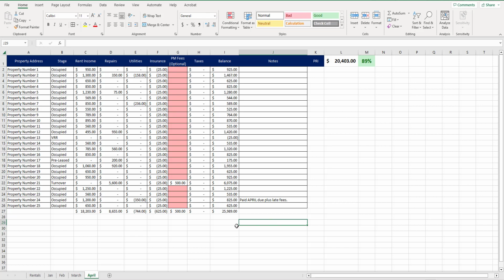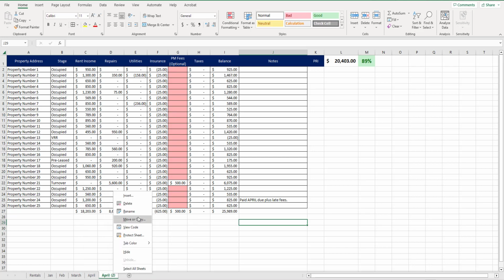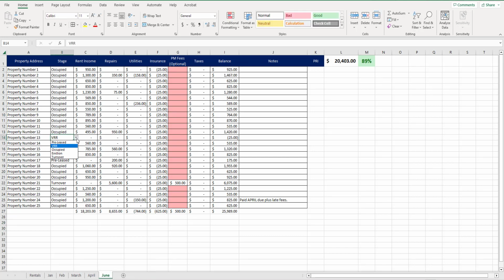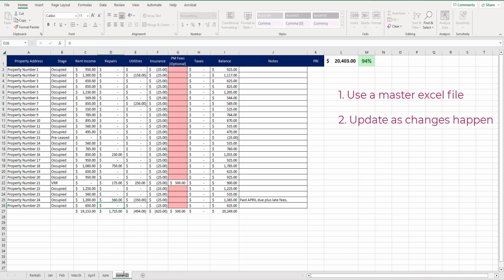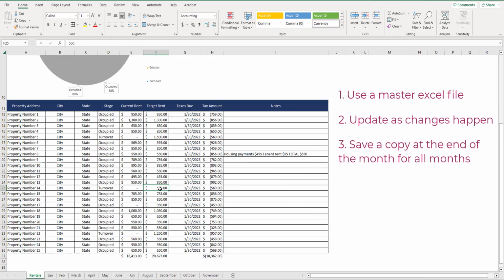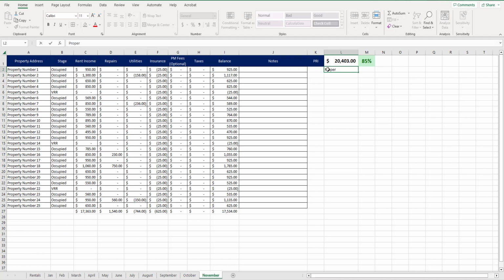If you want to avoid the copying and pasting, or if you have a lot more properties, or in my case, if you have a lot of property managers in multiple states, what I would recommend is to save a master sheet for all of your properties and make the changes as they happen. And then just at the end of the month, make a copy of that master workbook into its own month, and then just transfer the final numbers, the total numbers, into your financials worksheet so that you're able to track your financials in the way that we are here without having to have all of the months within the same workbook. If you don't have a lot of properties or a lot of property managers and you followed this method,